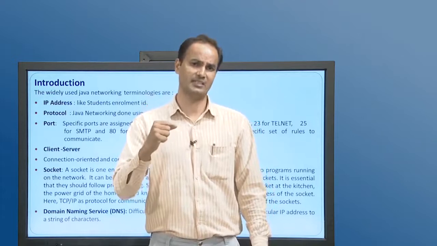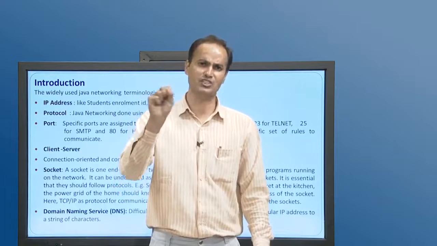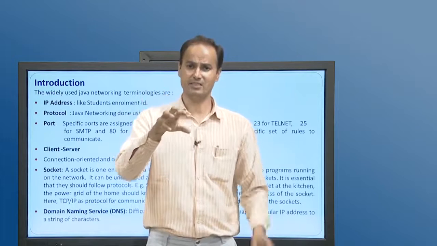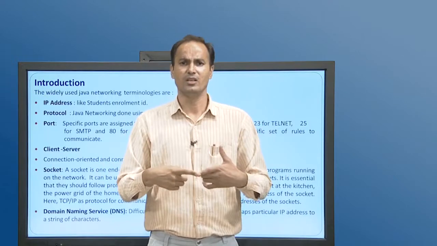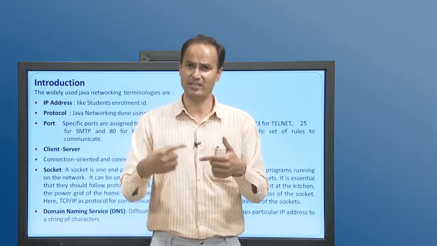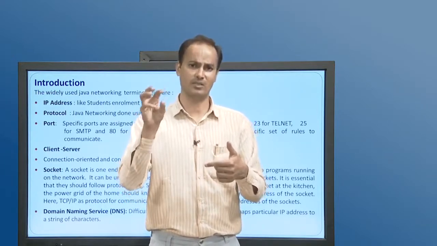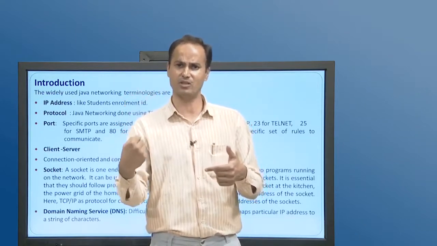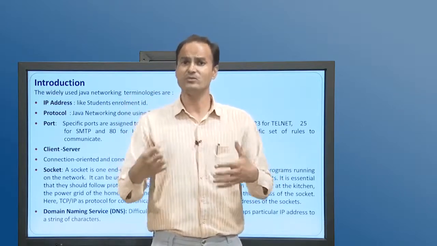So what happens in electric grids? Whenever we plug in a plug in a kitchen in a home, the protocols in a house, in an electric grid, must be aware of where to establish a communication. As we have plugged in a kitchen, that means the socket address is there. The socket address will be fetched by the underlying protocol, and the communication will take place based on the address it has in a home electric grid.